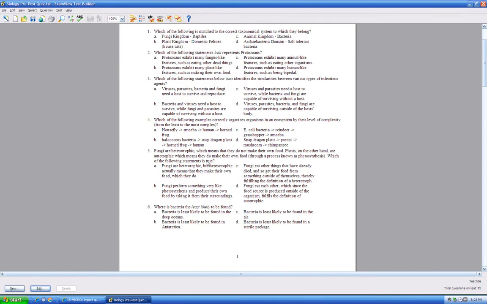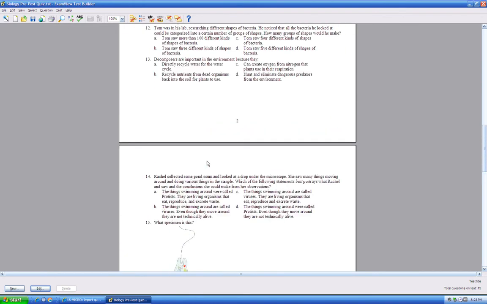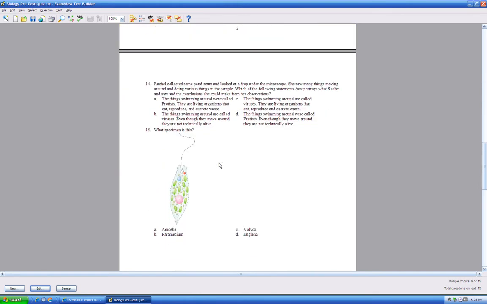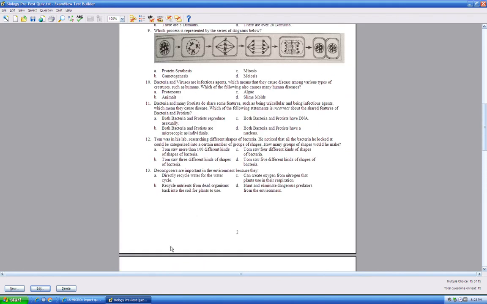And when that's done saving, I'll scroll down here, and you can see that I do actually have a couple of the quiz questions with images. For example, I have this mitosis picture, and then down here I have this euglena here. Okay, so now that we've exported it, we can actually now close this quiz as long as we remember what